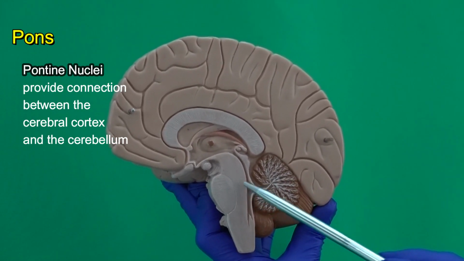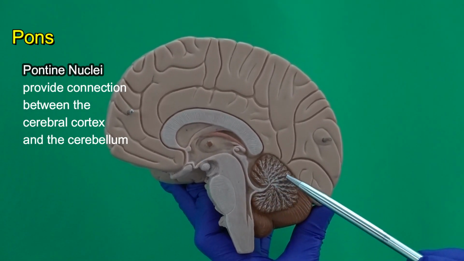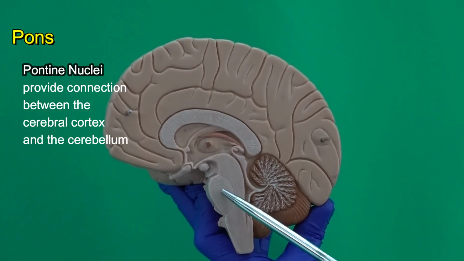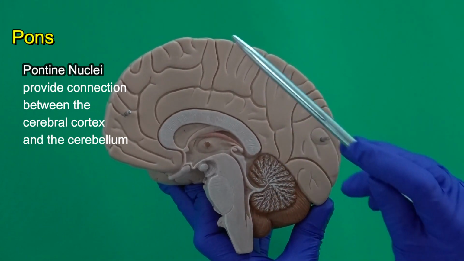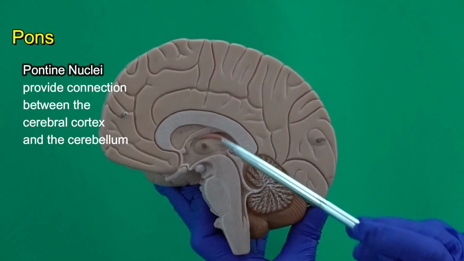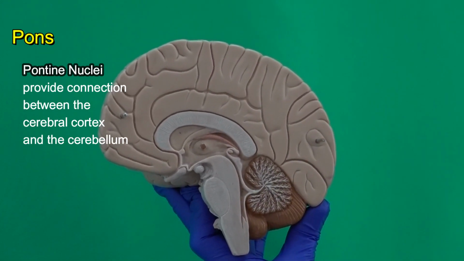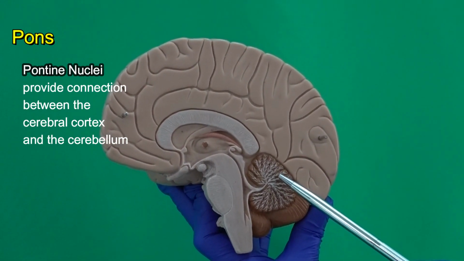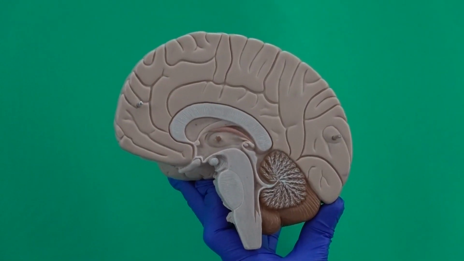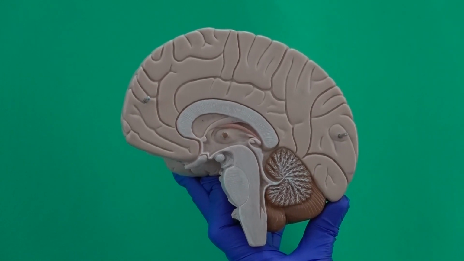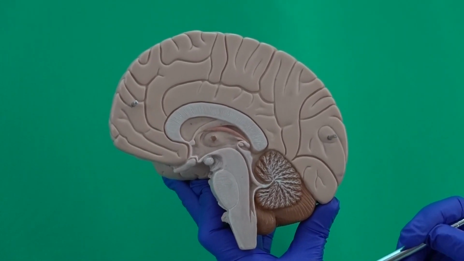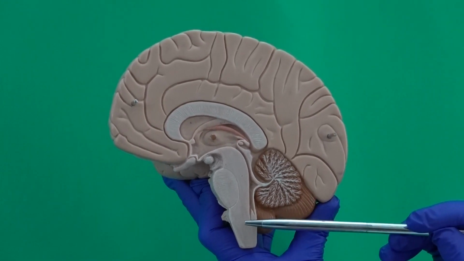As you can see, cerebellum sits exactly posterior to the pons. Basically, those nuclei of pons are trying to make sure that every time cerebral cortex sends an order to the skeletal muscles to make them contract, cerebellum gets a carbon copy of that message. When skeletal muscles contract, from tendons, ligaments, and joint capsules, signals will be sent up through spinal cord to medulla